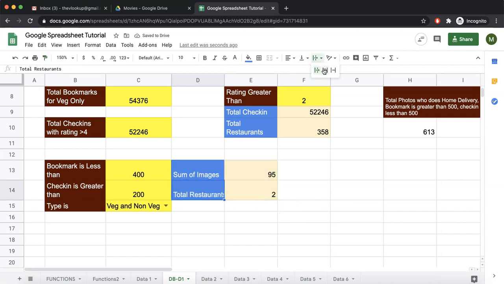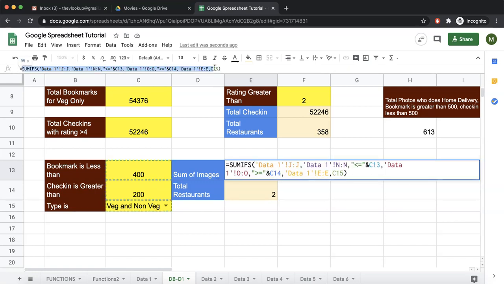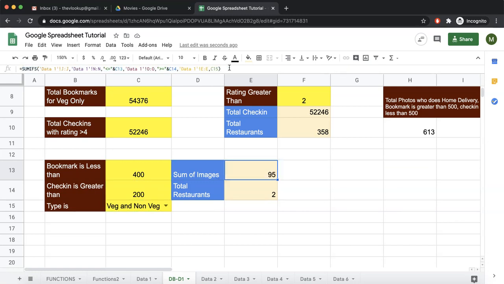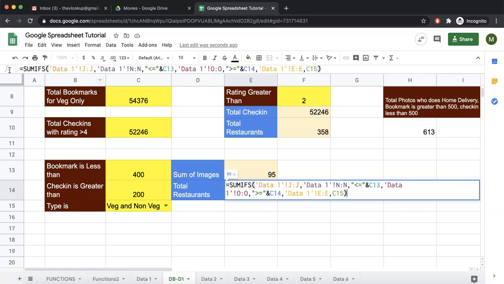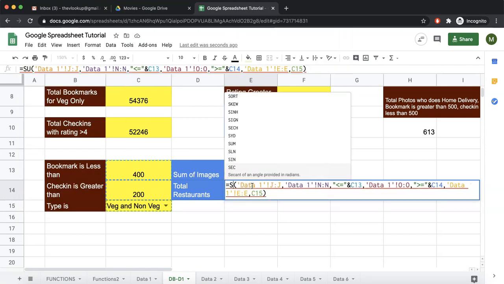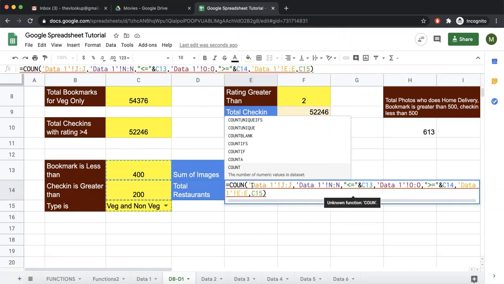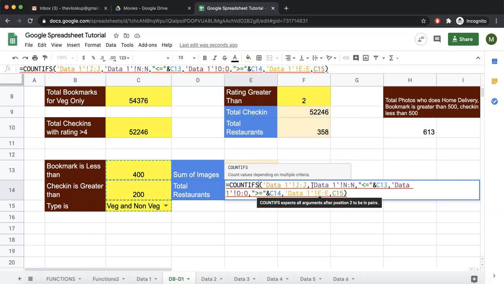An easy trick to do this is, since we already have the SUMIFS, if you go here and copy this entire thing and come here and paste, equal to, paste. Now instead of SUMIFS, we want this to be COUNTIFS. Now in count we don't have the sum range, and the sum range is the first argument.